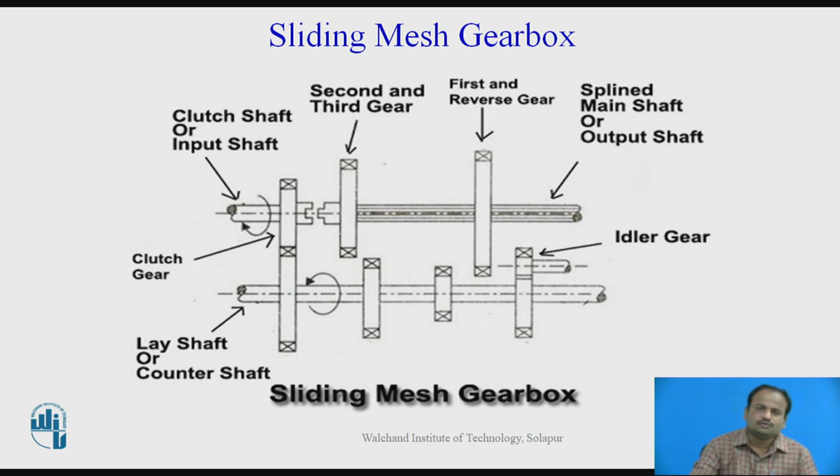When you shift the gear lever for the second gear, that time first gear is detached, disengages and second gear is going to engage with the lay shaft gear. Then we will obtain the second gear ratio. So in that case the torque decreases and the speed increases as compared to first gear. Then for the third gear, second gear is disengaged and the main shaft is connected to the clutch shaft. So during that, direct power transmission can occur and you will get the maximum speed with lesser torque. So in this way, the sliding mesh gearbox is working.